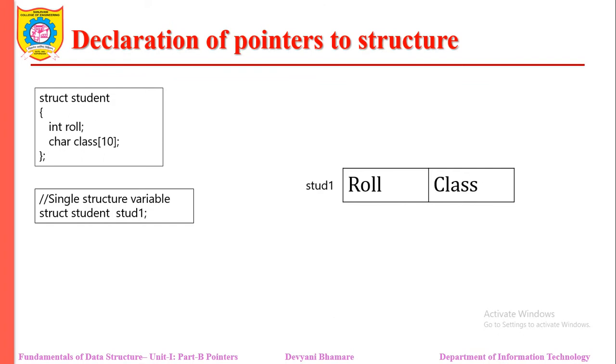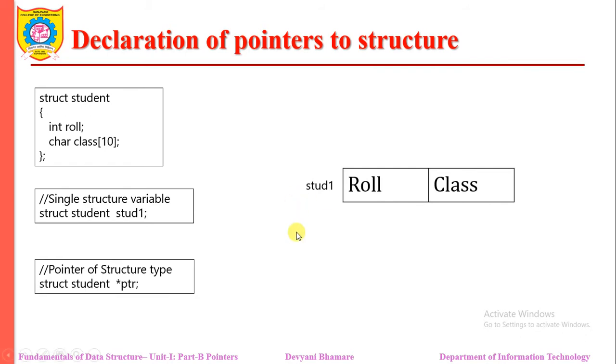We know that pointers are declared according to the type of pointer you want. Suppose I want p to be a pointer that points to an integer. How do we do it? int star p. In the same case, now I want p to be a pointer to the structure. So what should we do? Yes, this can happen during our program. There are multiple structures, so we can say struct student star ptr, right? So we are saying that ptr is a pointer to this student structure.